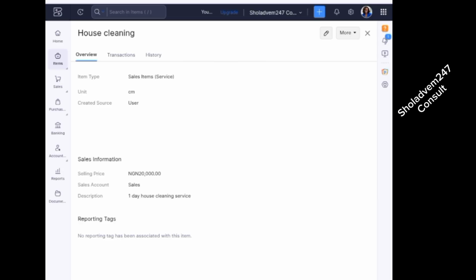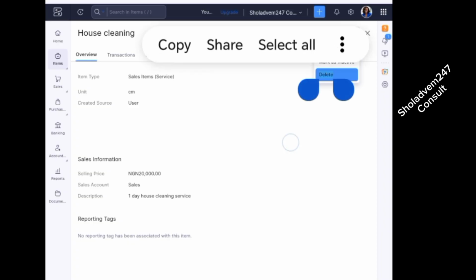Then you come down to the right hand side at the upper part where you have More. Click on More and you are going to see Mark as Inactive or Delete. So I don't want my profile to be jam-packed with unwanted items, so I will just delete it permanently. You click on Delete,